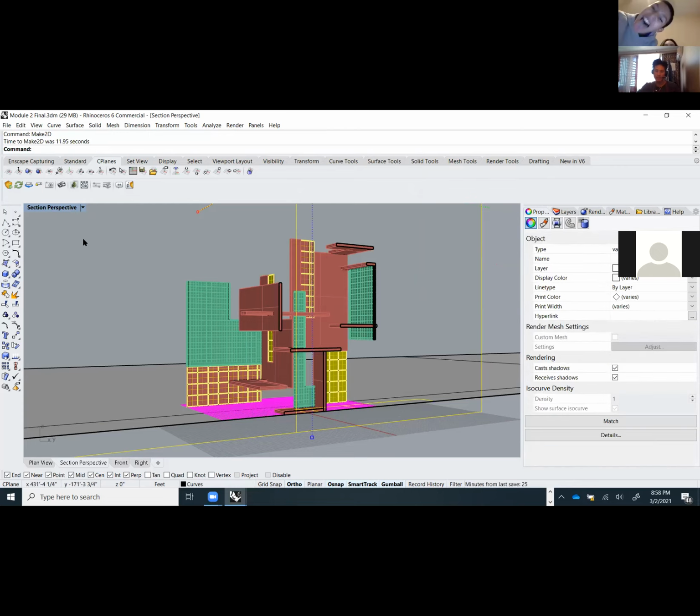All right, I think it loaded. So before I get out of this section perspective view, after it's made 2D, you can kind of see that something's happened here, which is the Make2D. So what I'm going to do is